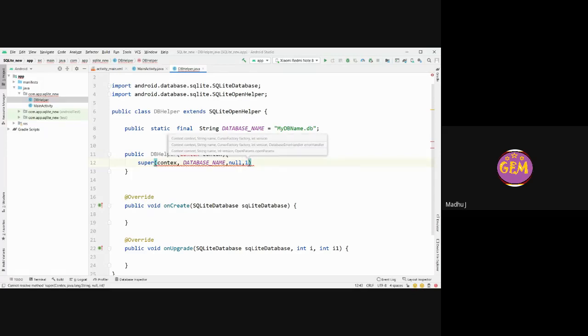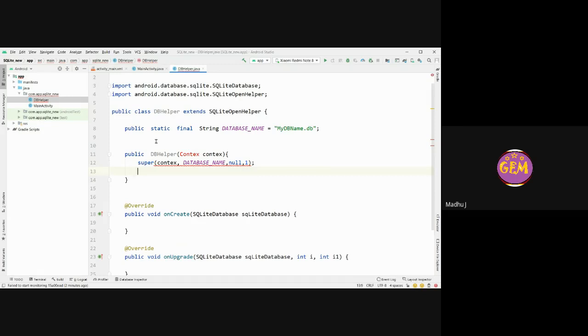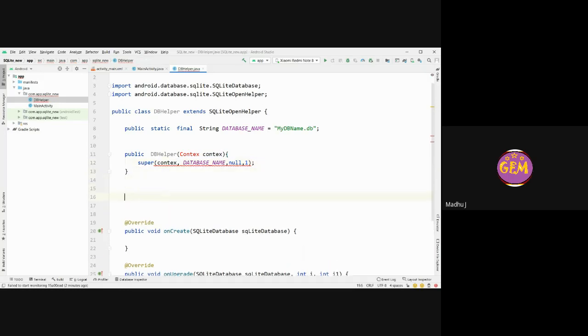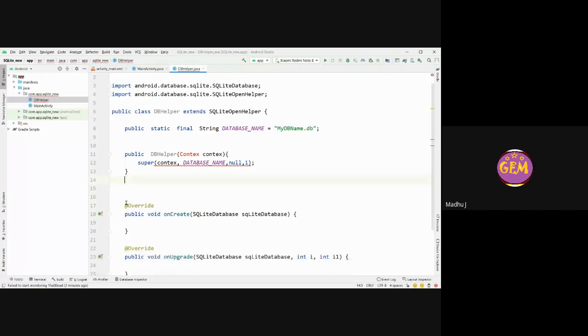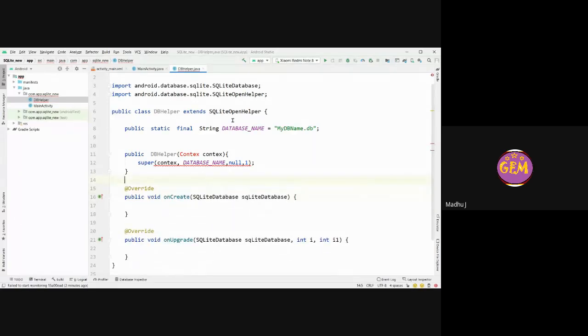I'll put it as 1. We will check this afterwards. What happened? Error, we will move ahead, and we have a method which is implemented from SQLiteOpenHelper, which is